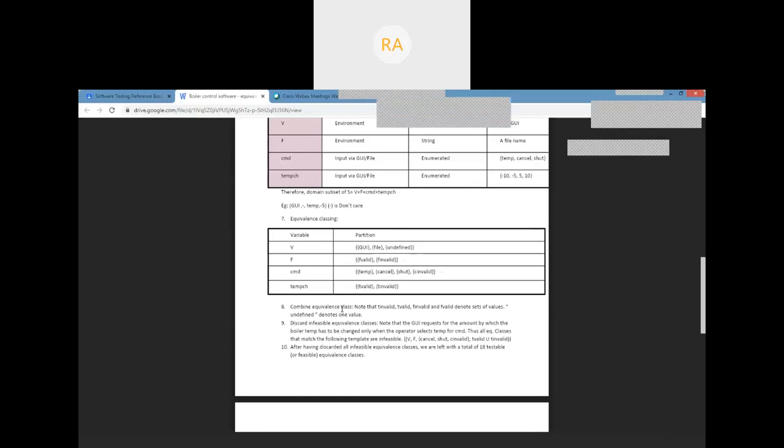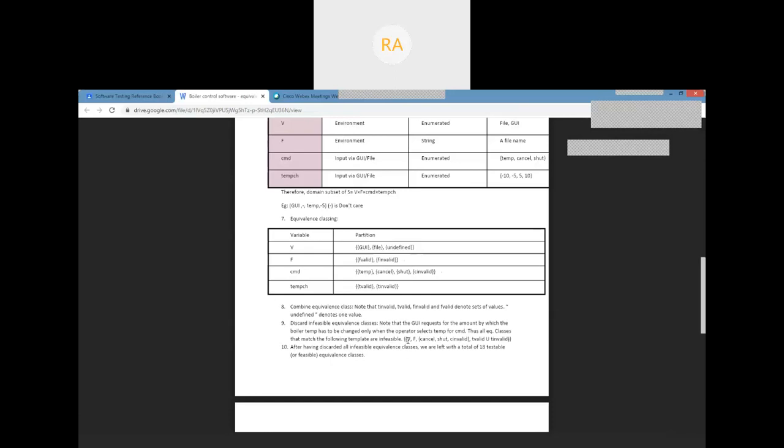So totally there were 120 generated equivalence classes. You have to write all 120, and if you come across any combination of the input variable which you cannot generate, then such a combination of the input variable should be removed, eliminated from the equivalence classes. You have to take out such combinations. One example I have taken over here.